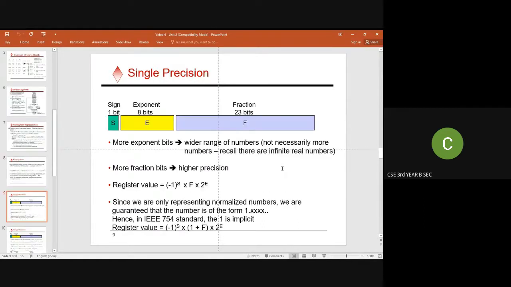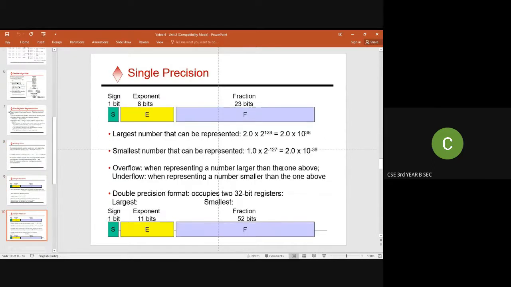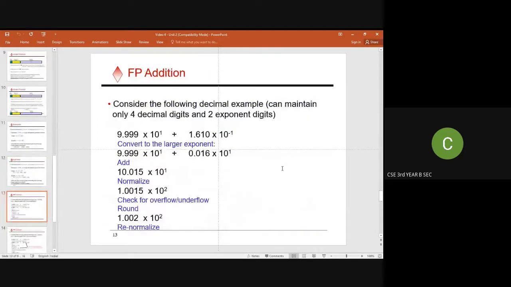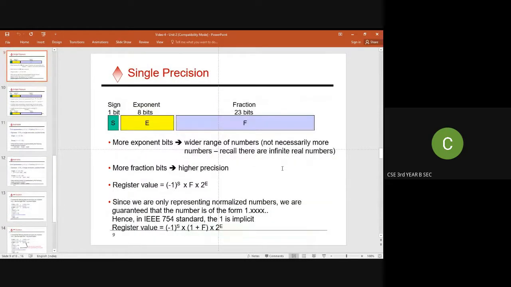In order to represent floating point, we use two methods: the first one is single precision, the second one is double precision. In single precision, the size of the floating point representation is 32 bits. In the 32 bits, the first bit is called the sign bit, the next 8 bits represent the exponent value, and the next 23 bits represent the fraction part. If we need more exponent bits, we cannot use this method, so we go for